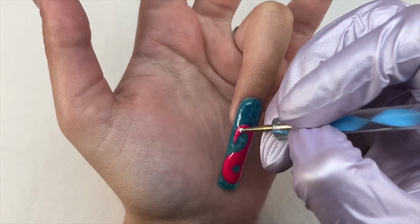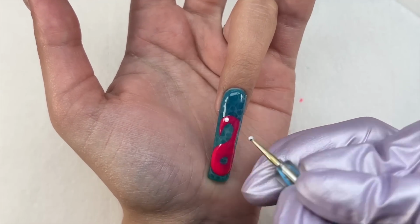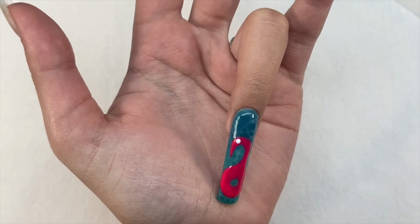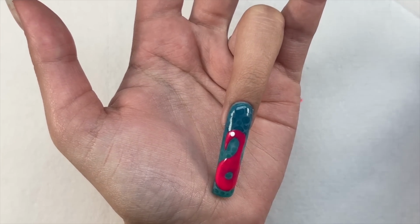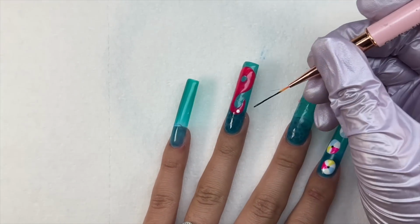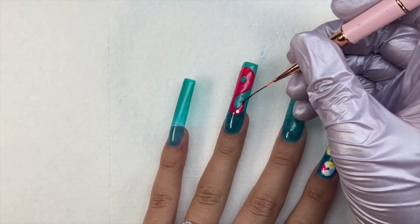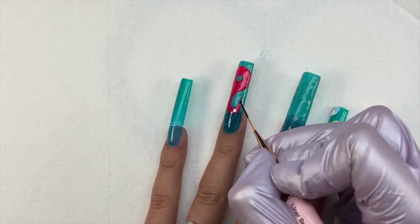I did go in with that second coat of pink off camera, but basically like coloring in a coloring book, I just stayed in the lines and filled in another coat of pink. I cured that for 30 seconds, and now I'm going in with the little details to make it really stand out and look more like a flamingo. So I took a white dot for the eye. I'm also taking some black for the beak, and then I believe I cure this,